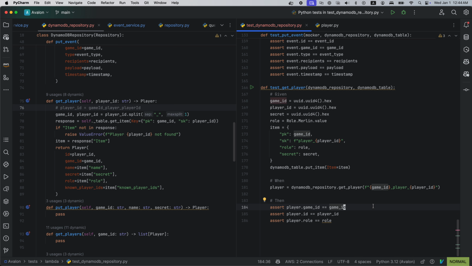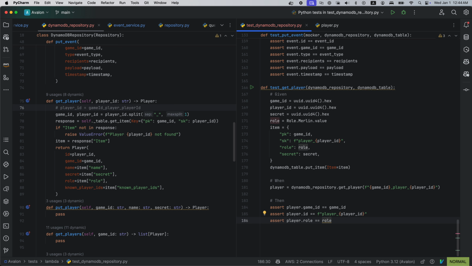So here game ID equals to game ID, the player ID actually equals to player ID.